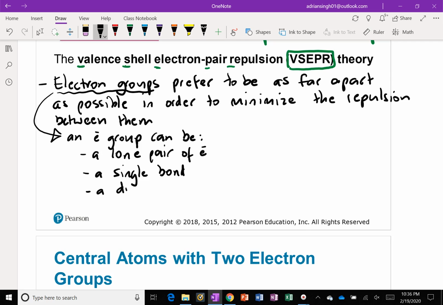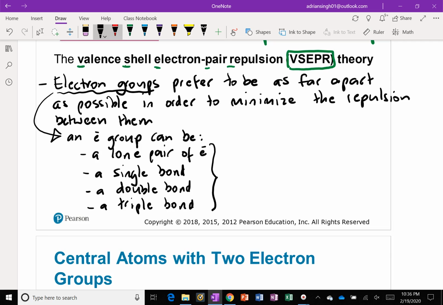It can be a double bond. Or it can be a triple bond. Right, so each of these counts as one electron group. And when you find them in the molecule, they want to be as far apart from each other as